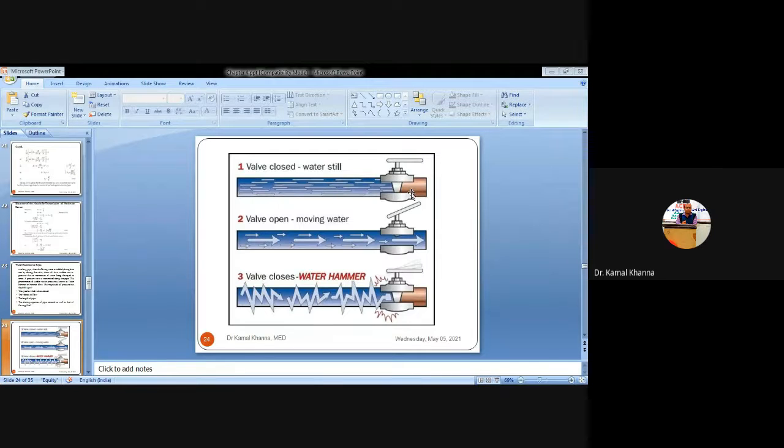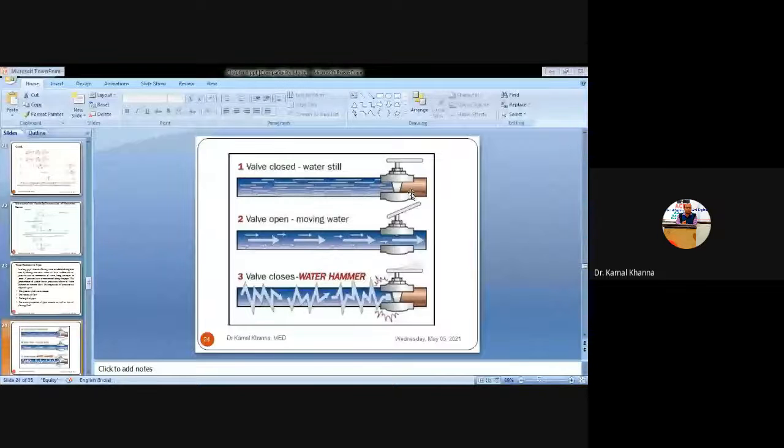And the water hammering is also dependent on how much velocity the water is flowing with from one end to the other end, and it is also dependent on the length of the pipe. If the length of the pipe is short and the velocity of the water is very high, and you have suddenly closed the gate valve, then the water does not have any space to travel in the backward direction, so there are more chances of water hammering